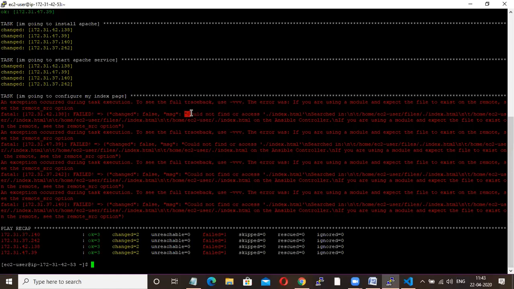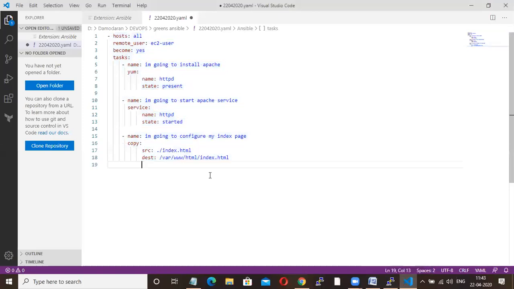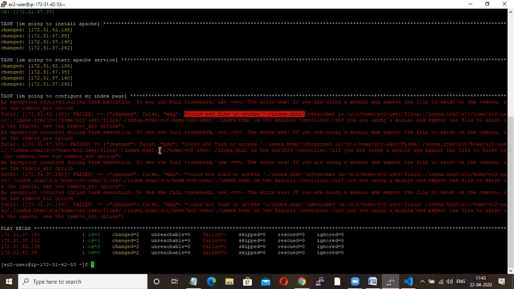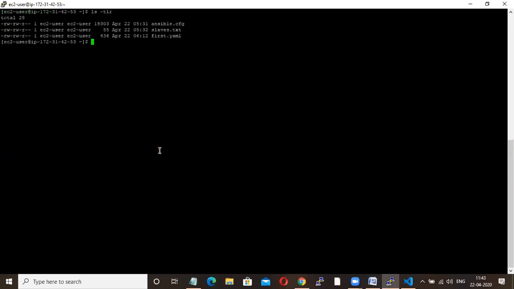Index.html is not available in the present directory. In the code, what you have mentioned is your source is dot. Dot means, as I said, the present directory. In the present directory, you should have the index.html file. Damu, actually in destination we gave the file itself.